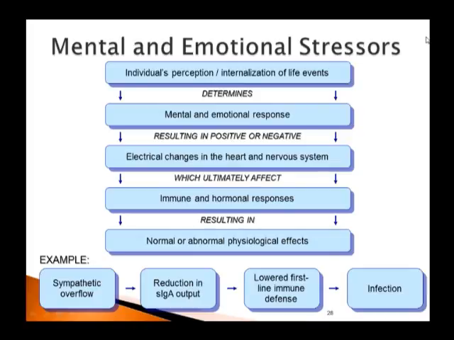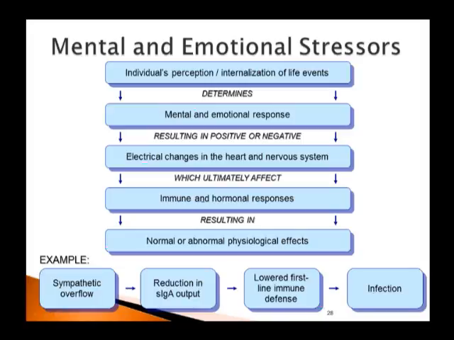So bringing this back, mental emotional stressors, again, that perception of life events, lead to this mental emotional response. We start to get electrical changes in the cardiovascular system and the nervous system, which has an effect on our immune and hormonal system, and over time through the sympathetic nervous system, leads to,